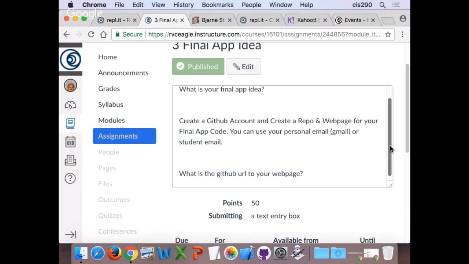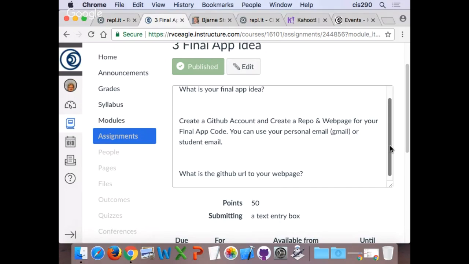And so GitHub is a great thing because it's totally free to sign up for. And as a student, you can get 5 private repos, is what they call them, which is repositories of your code. For our purposes of your final app, you'll be using GitHub in 2 ways. One is to store your source code for sure. By the end of the semester, you'll upload it there. Second, though, you'll use it as a way to promote your app and to promote what your app does from a GitHub page. Okay. You can use your personal email in just a second to sign up to GitHub, or a student email, either one.